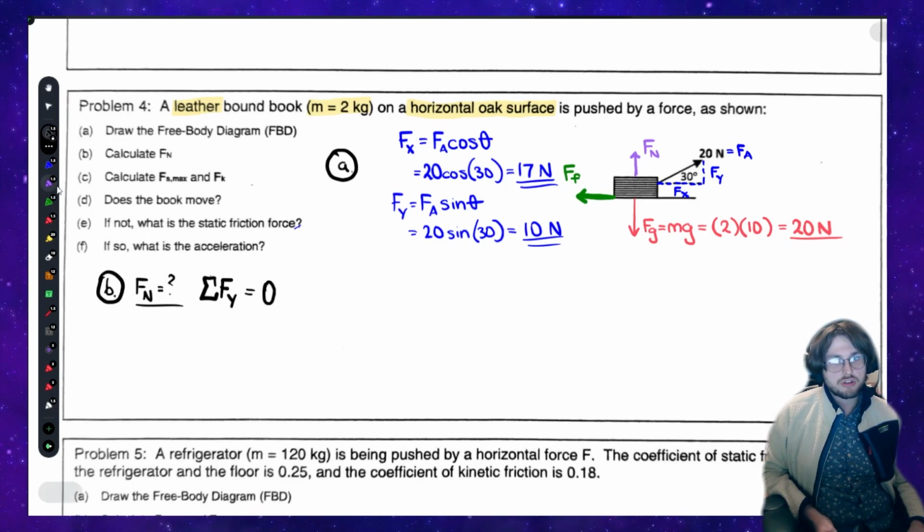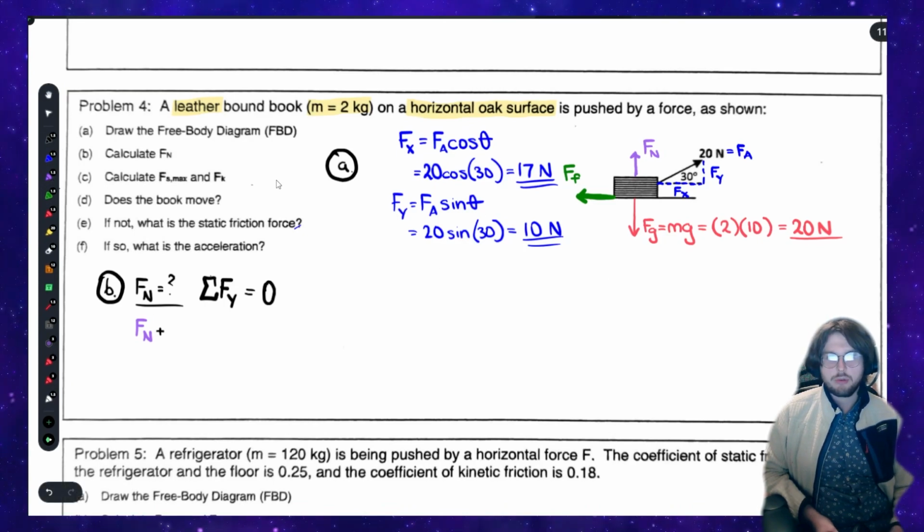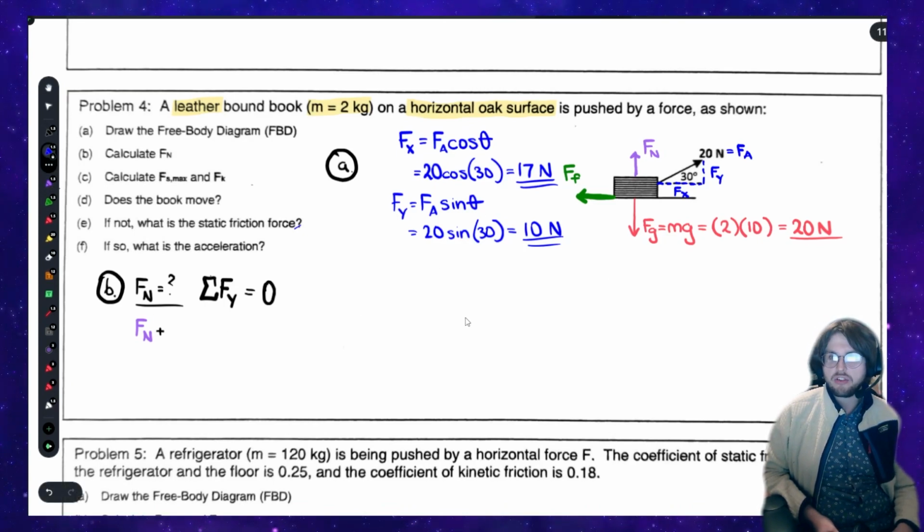So in the vertical direction, we have an upward normal force, so we're going to make that positive. So we'll say Fn, all right, plus, let's see, we'll do Fy next. So Fy is moving upwards in this case, so we can just add that directly. So we're going to add a positive 10 Newton force